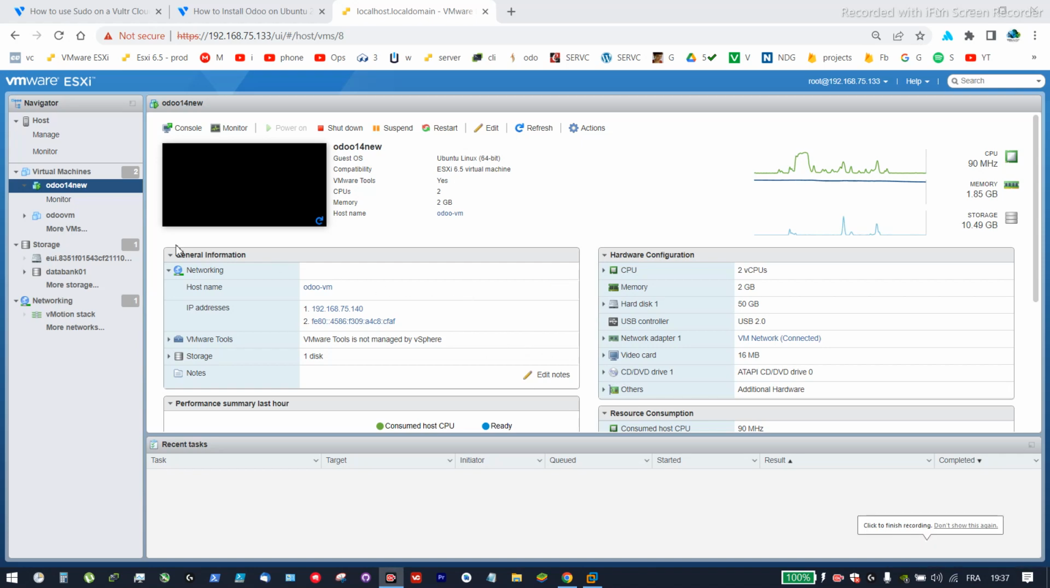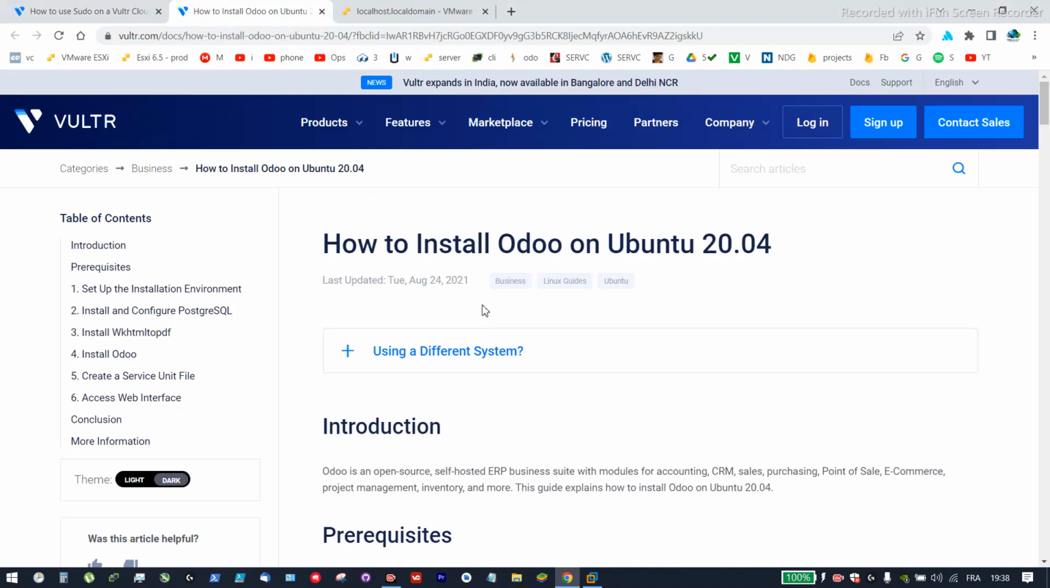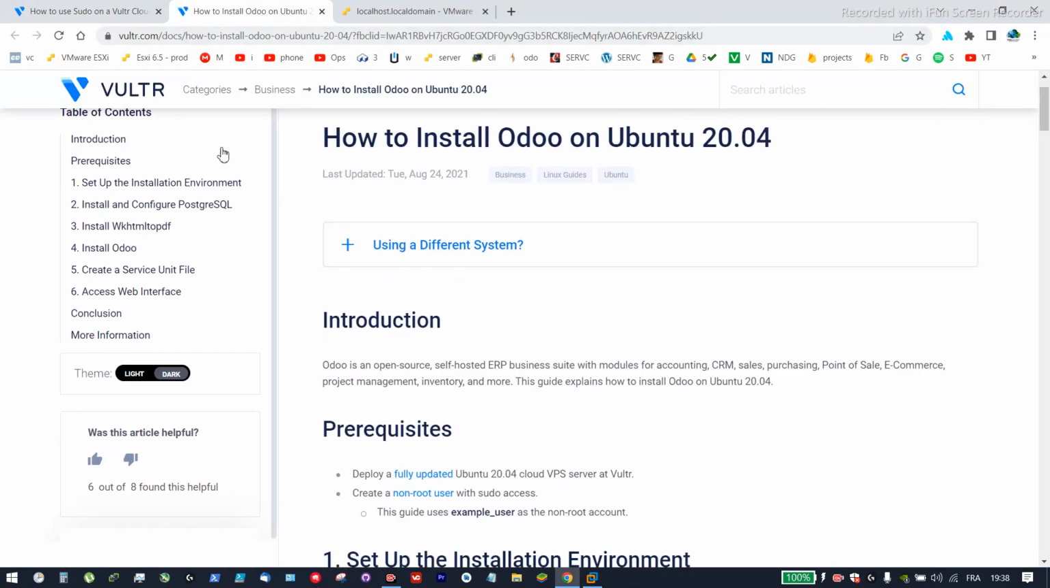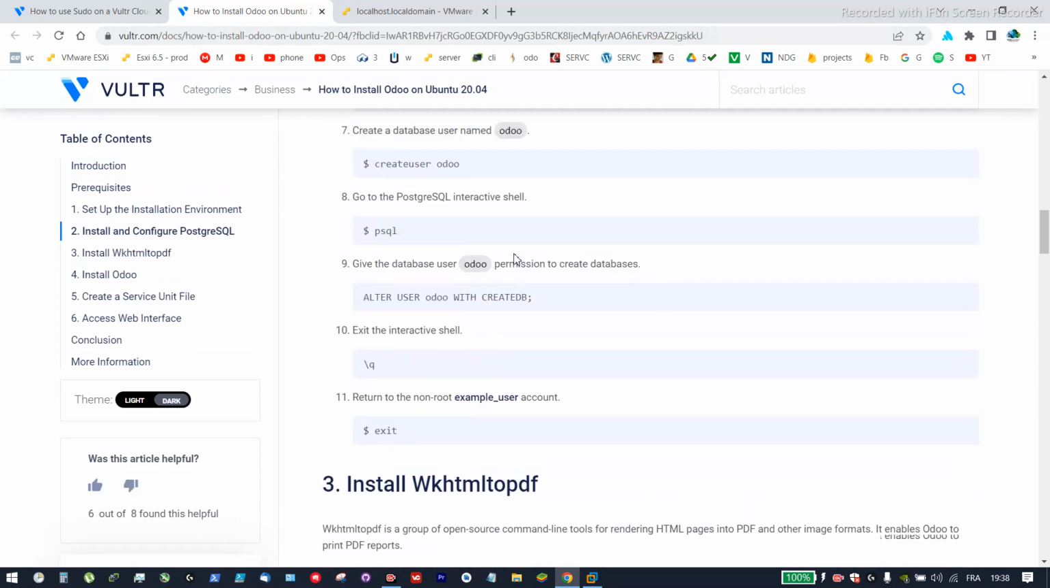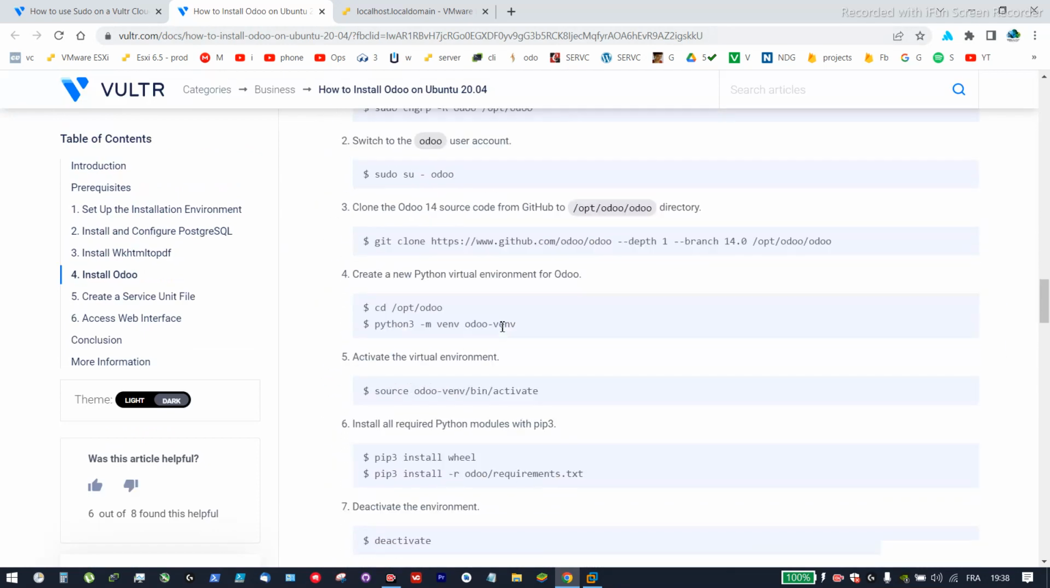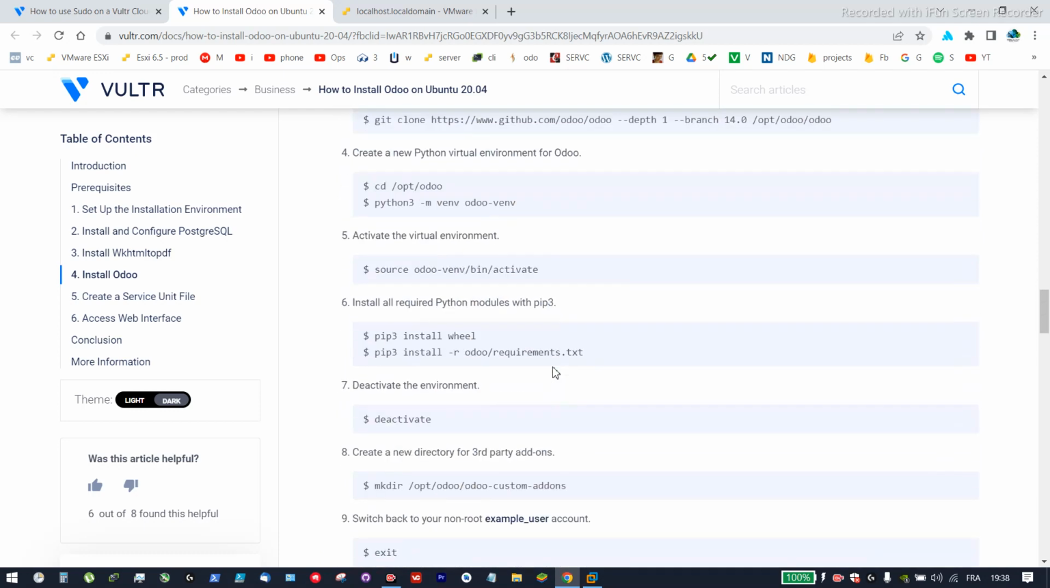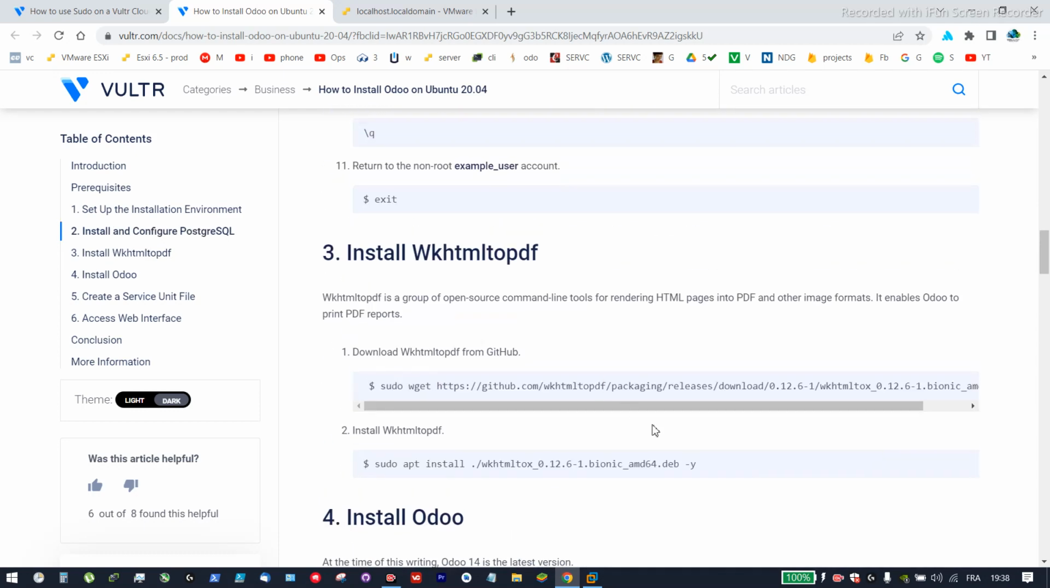Hello everyone, in this video we're gonna see the Odoo 14 installation on Ubuntu. This is on Ubuntu version 20.04 and we're gonna follow these tutorials. We're gonna follow the Volter tutorial. Just copy paste the commands in here and just follow up if there's any error. Probably we're gonna get some errors